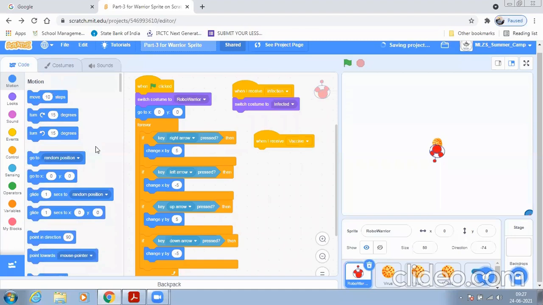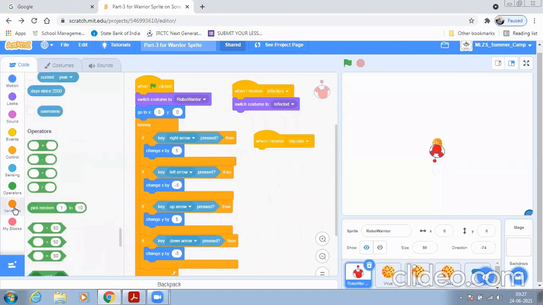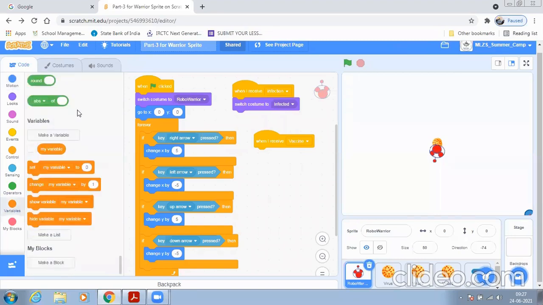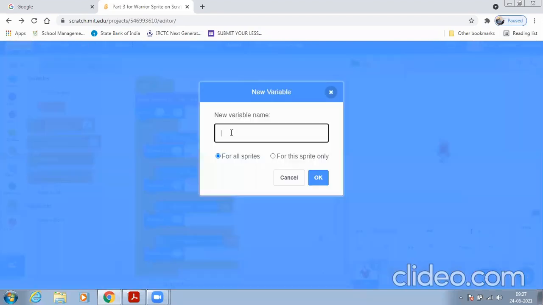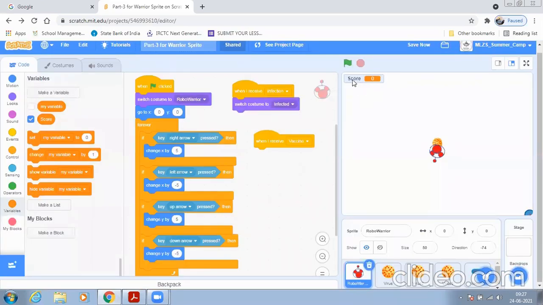We should go in the variable and just create the variable, and for the variable I will write score. You can see here the score is coming. Now we should click over there and you can just put here a score.